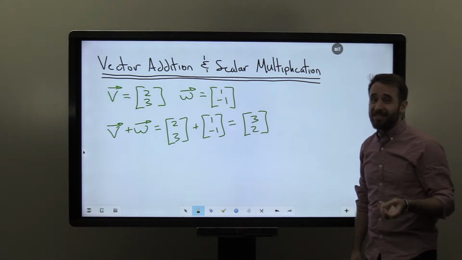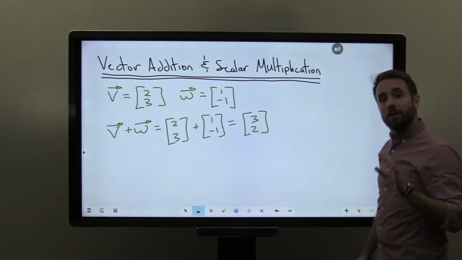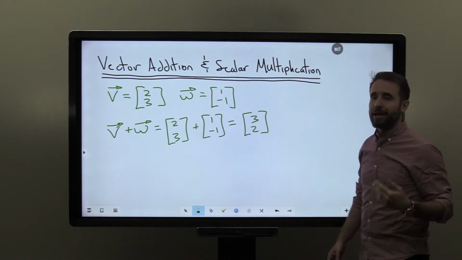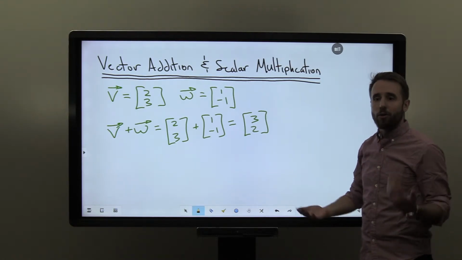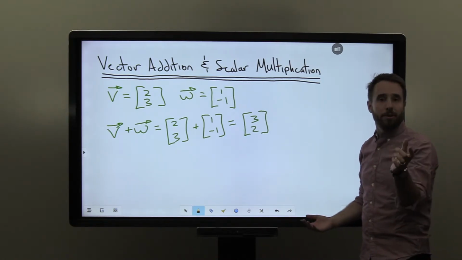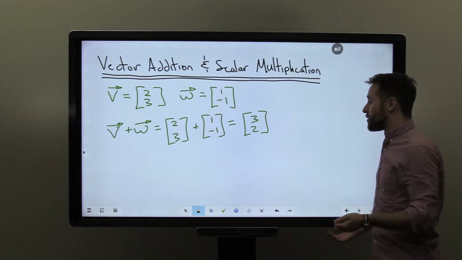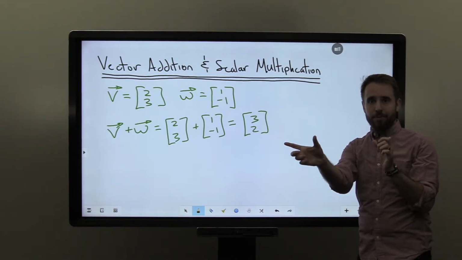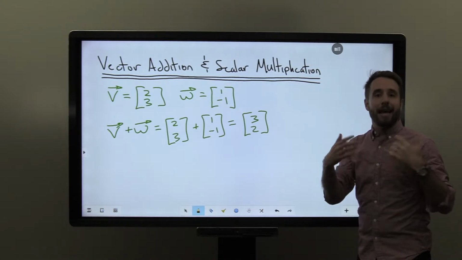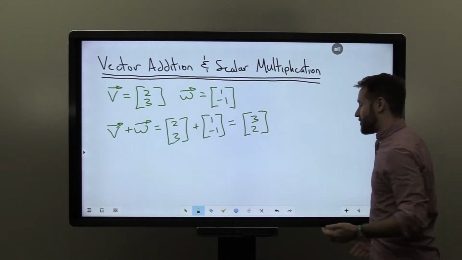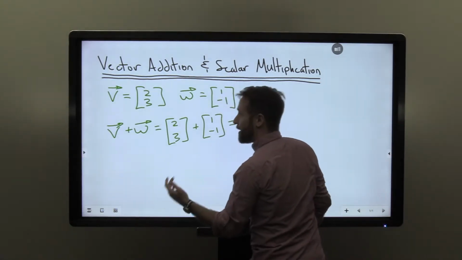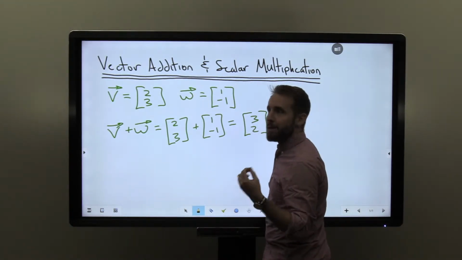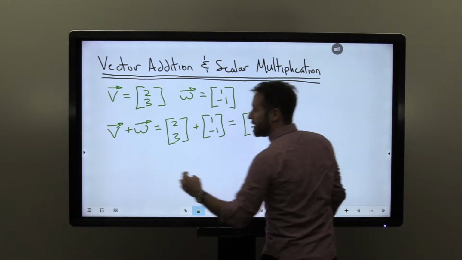Scalar multiplication is defined similarly. For scalar multiplication, we take a vector and multiply it by a scalar, which is just our way of talking about an individual number. So scalar multiplication takes a scalar, a number, multiplies it by a vector, and gives us a new vector as an answer. For example, if I wanted to take the same vector v from up above and multiply it by the scalar 2, I would get